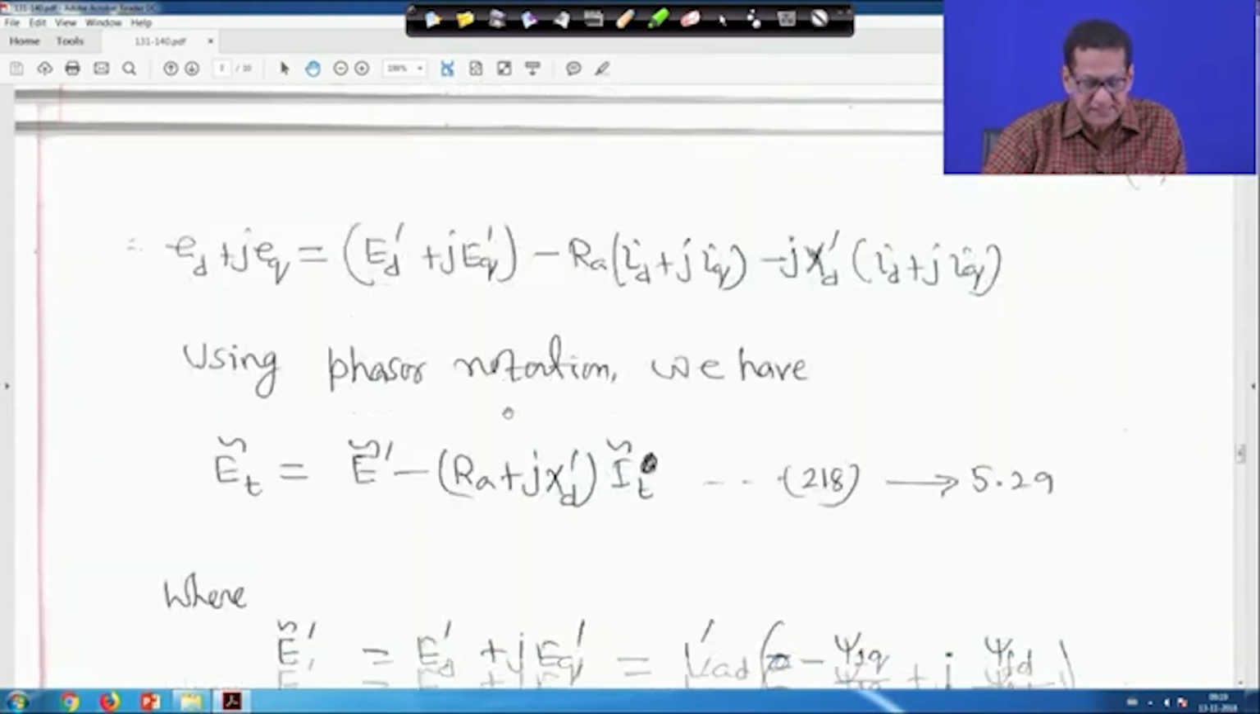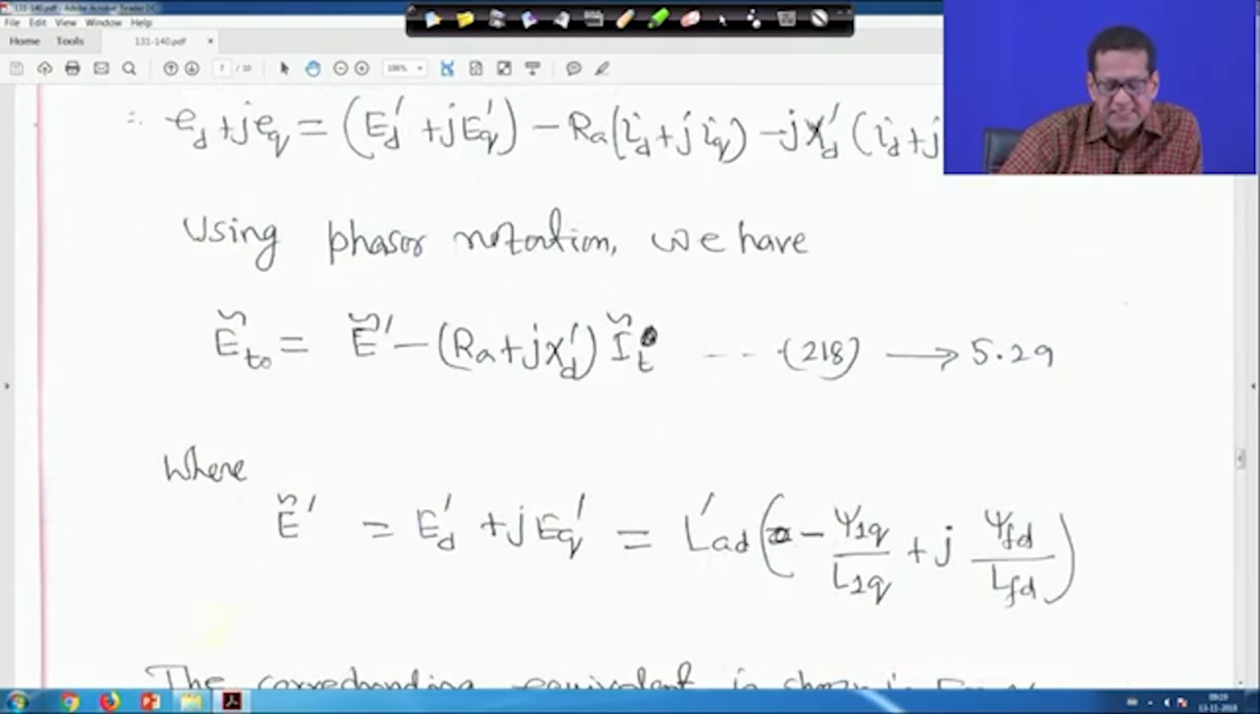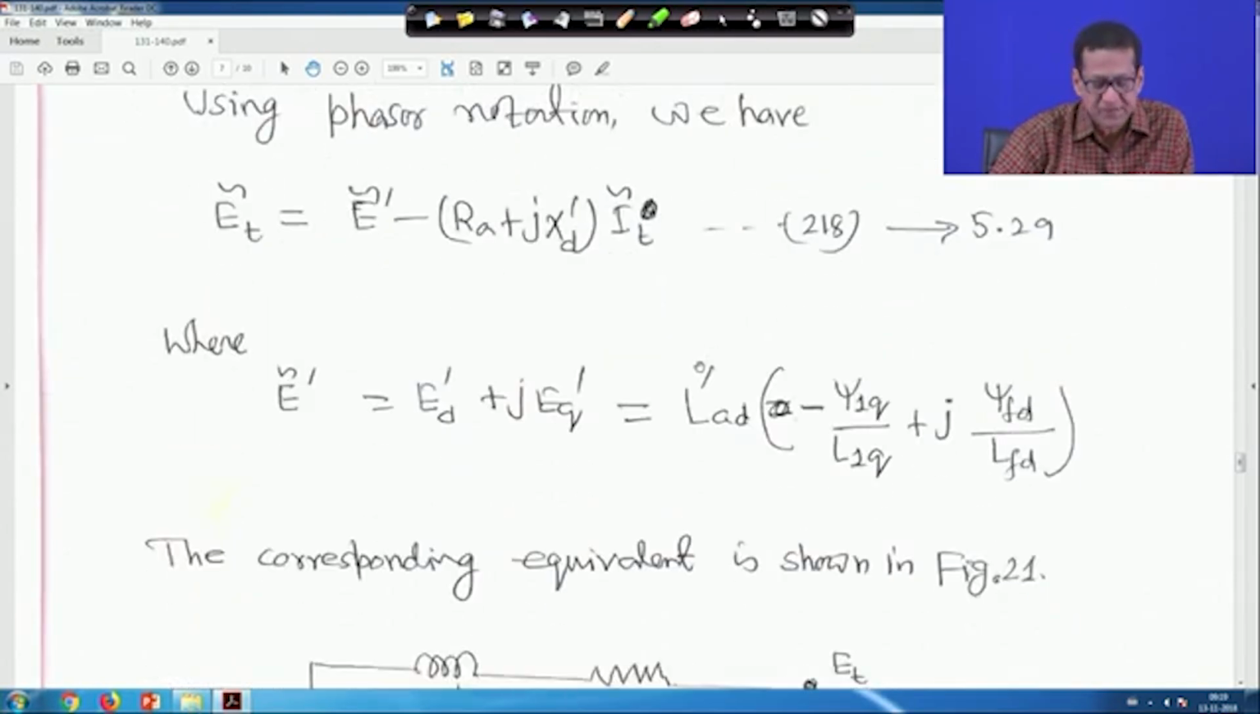So, with this, using phasor notation, that E_t tilde will be E' tilde minus (R_a plus j X_d') into I_t tilde. This is equation 200, this is for my reference, no need to see this. Or E' tilde is equal to we can write E_d' plus j E_q' is equal to L_ad' minus in bracket psi_1q upon L_1q plus j psi_fd upon L_fd, because E_d' and E_q' we